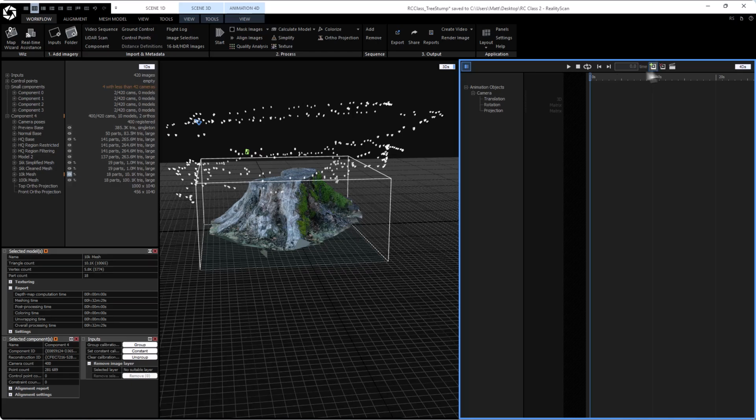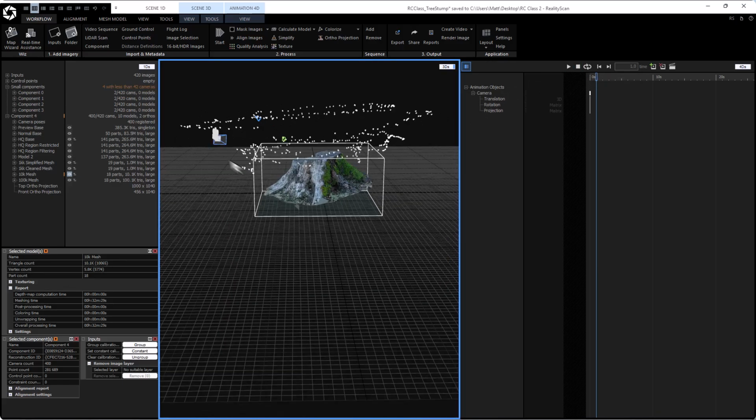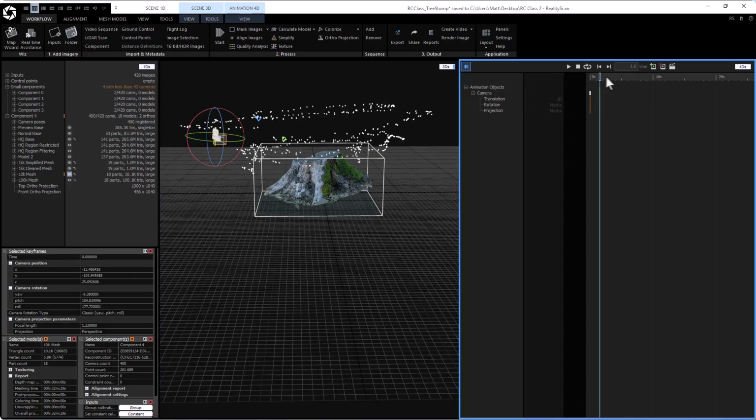So I'm just going to set it to 0, 0. I'm going to hit add. So now what it's done is it's added a digital camera into my frame, or into my scene. And so now with this selected, what I can do is, if I scrub with my little scrubber thing to say 10 seconds,